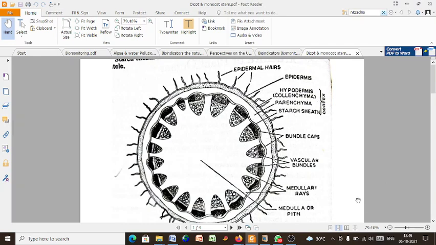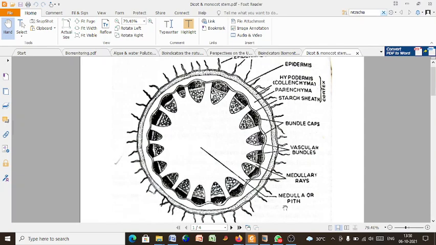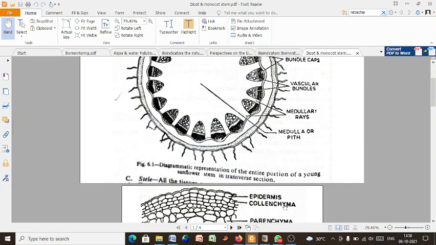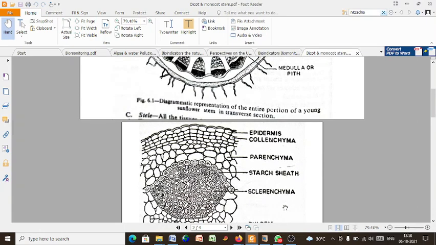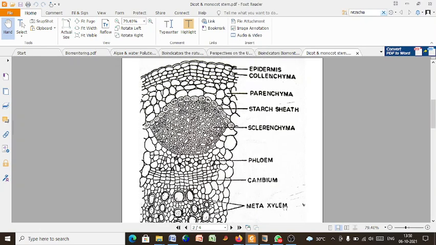The medullary rays or the pith rays are present, separating the vascular bundles. In a dicotyledonous plant, a distinct pith is present, and the vascular bundles are arranged in a ring. This is the characteristic feature of a dicotyledonous stem. The first image shows the diagrammatic view, and this is the anatomical description